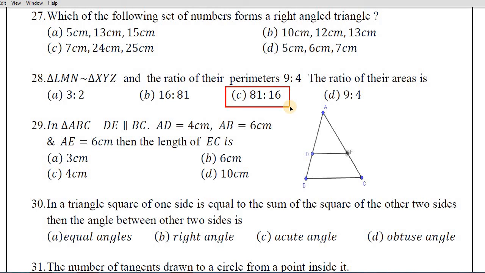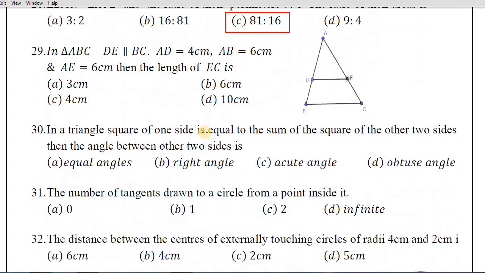Let's take question number 29 now. In triangle ABC, DE is parallel to BC. Means DE is here and BC is here. These two are parallel. You wanted to use the BPT concept, but which one will you use? Direct BPT or else the corollary of BPT. AB is given, this full length. So what is the AB length? 6 centimeter. Next, AD length is given. So that is 4 centimeter. So AB by AD is given, so you wanted to use the corollary of BPT.